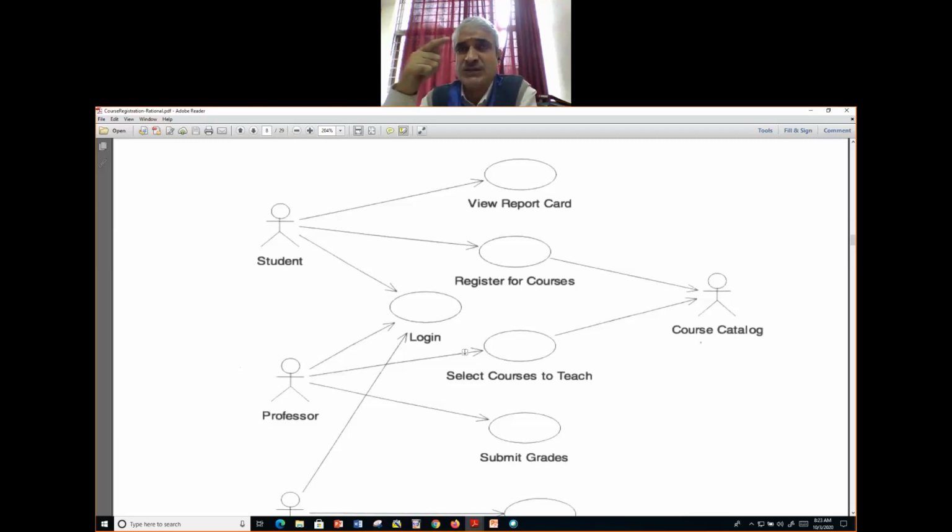So maybe one more question: What is the use of use case diagram in software development? The purpose of the use case diagram is to conceptualize the overall total services and functionality provided by the system, so that each functionality you can take and try to elaborate that.